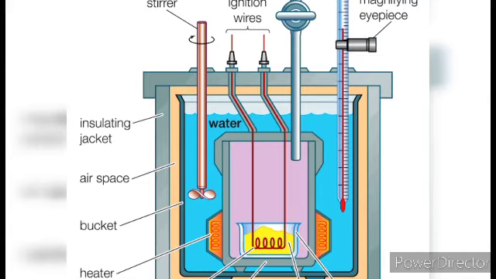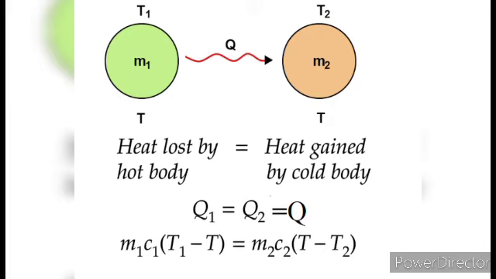The outer and inner surfaces of the vessel are polished so as to reduce the loss of heat due to radiation, and for insulation it is placed inside a wooden jacket. The space between the calorimeter and the jacket is filled with some poor conductors such as wool, cotton, etc. to avoid heat loss by conduction, and it is also covered with a wooden lid to avoid heat loss by convection. The lid has two holes, one for stirring, that is mixing of the contents properly, and the other one is for the thermometer.